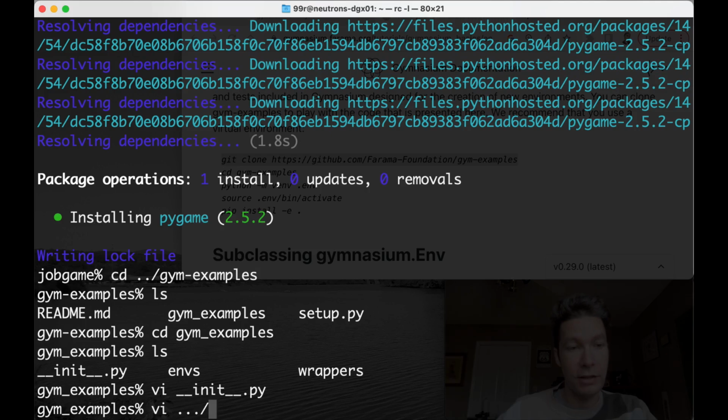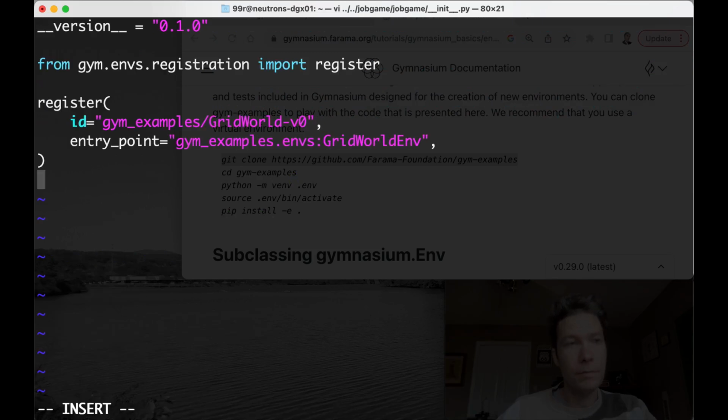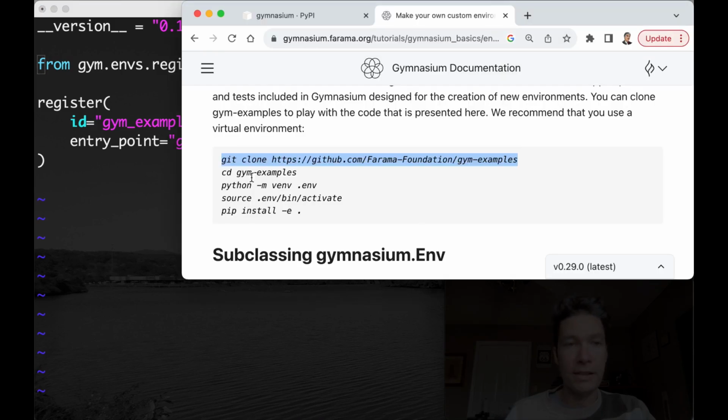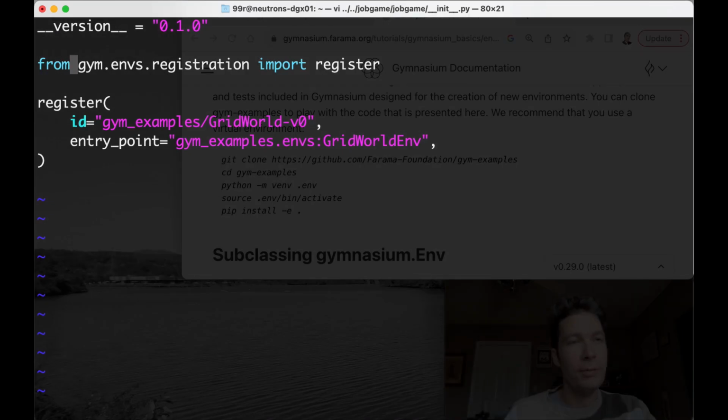In fact, we don't even have to change there. We'll just put it in. All right, from gym envs registration, import register. Now, I've actually run through this before, and I've noticed that this example is kind of old, and this isn't going to work. It looks like this is coming from the Farama Foundation gym examples, but it's importing from gym envs registration, and this doesn't work because